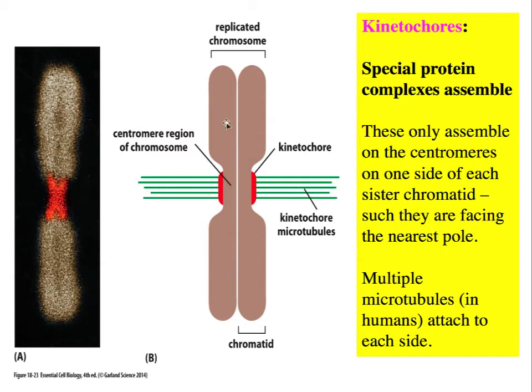Illustrated in this slide, we have a single chromosome with its two sister chromatids. One thing that forms during late prophase is the deposition of proteins on one side of the centromere, on every sister chromatid that's present inside the cell. So once these structures form, they are known as a kinetochore. It's a pretty sophisticated protein matrix that forms. The purpose of the kinetochore is to attach the microtubules of the spindle.